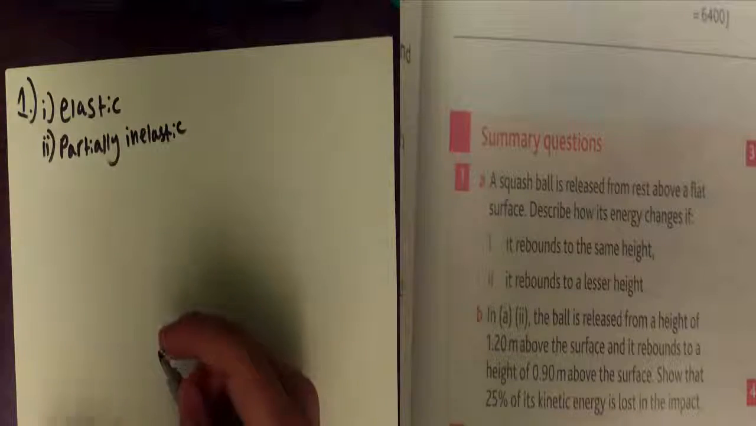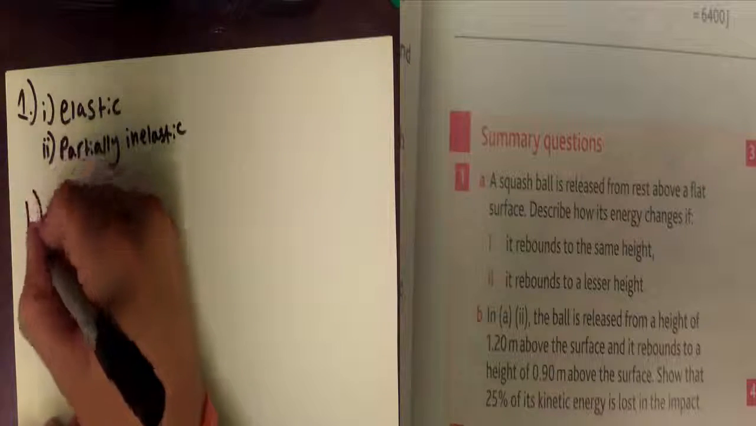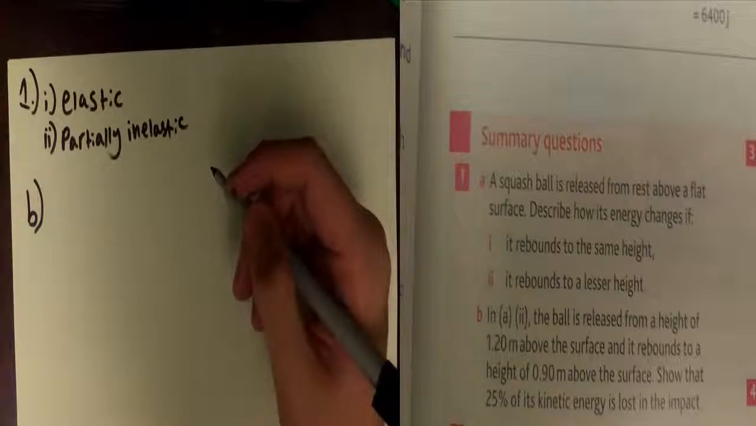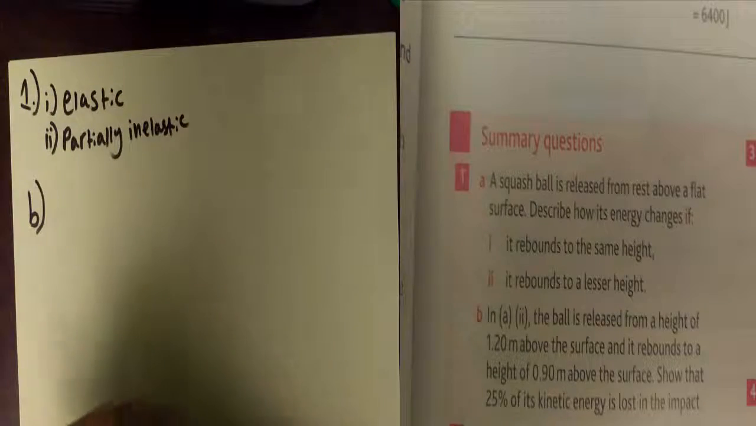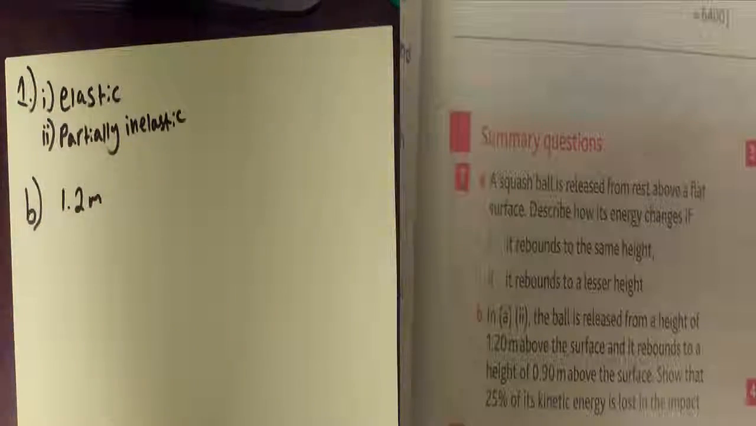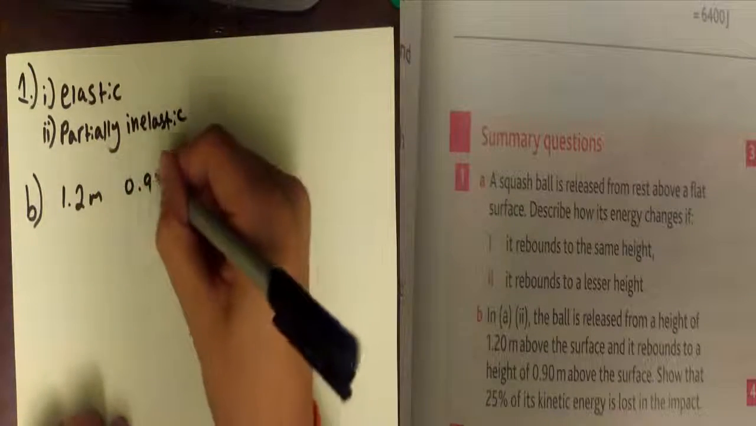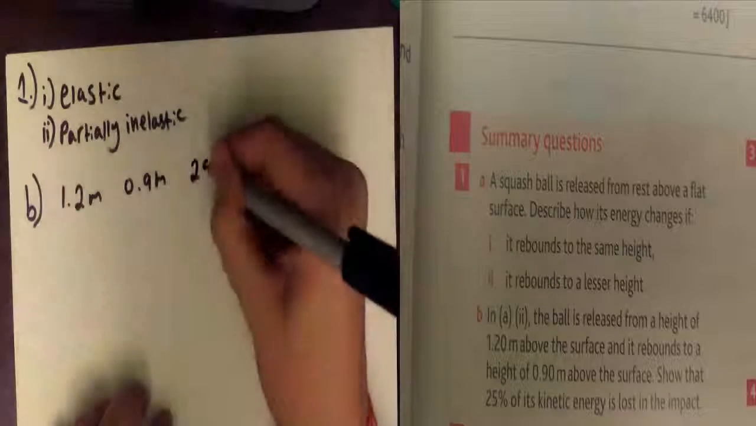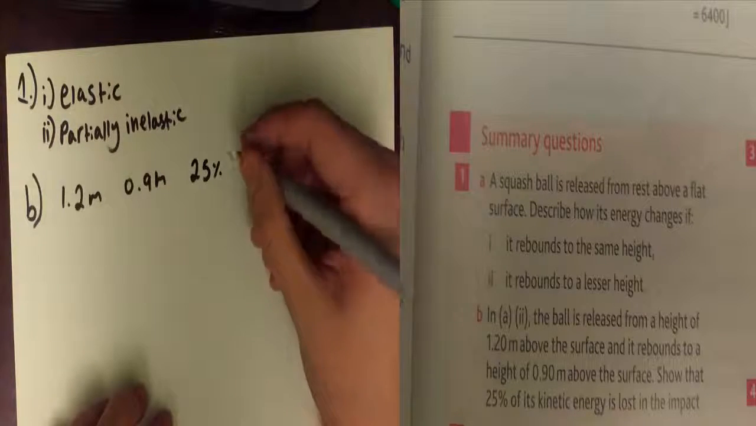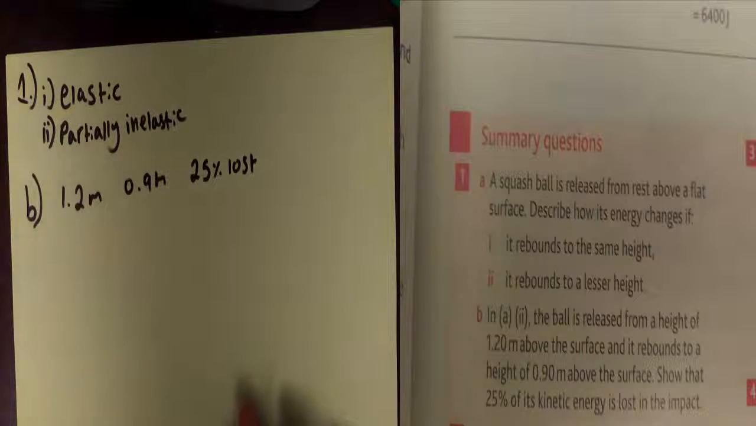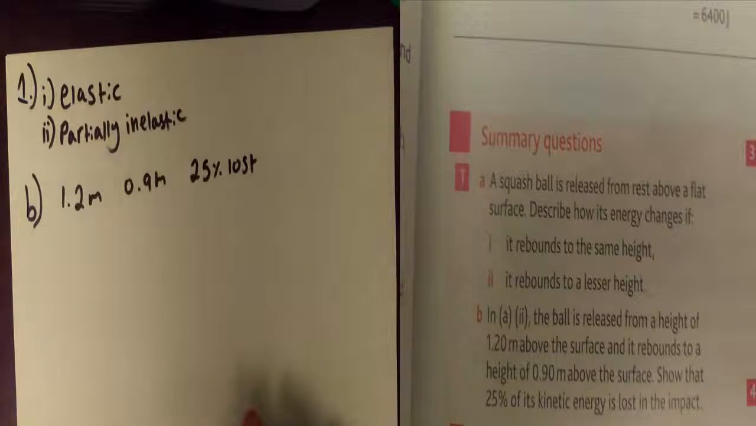Now, let's move on to part B. In part A II, the ball rebounding to a lesser height, the ball is released from a height of 1.2 meters, and it rebounds to a height of 0.9 meters. Show that 25% of its kinetic energy is lost. Now, this is quite straightforward. All we need to do with this